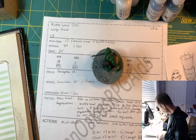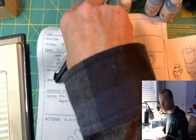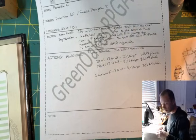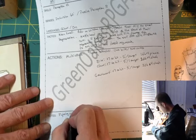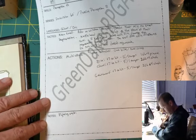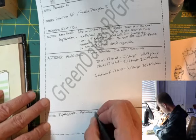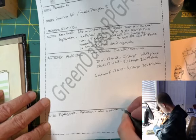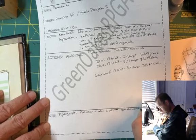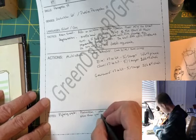Let's see. We'll give this one, down here in the bottom, in the notes section, we move this up against my paint here. But that's okay, we will adjust. All right, so in my notes here, I am actually going to add a fighting style. Because this troll is unique and different, it has learned a protection fighting style. When a creature you see attacks a target other than you